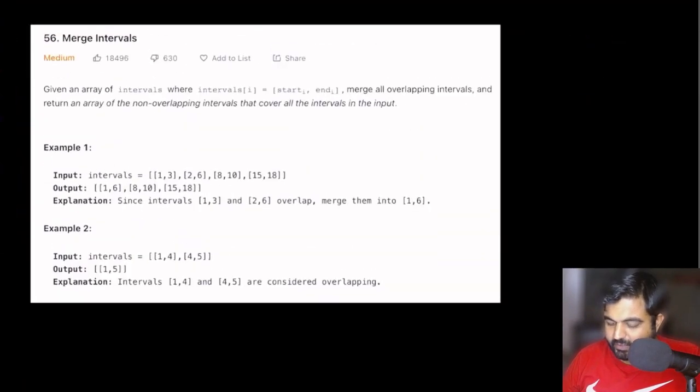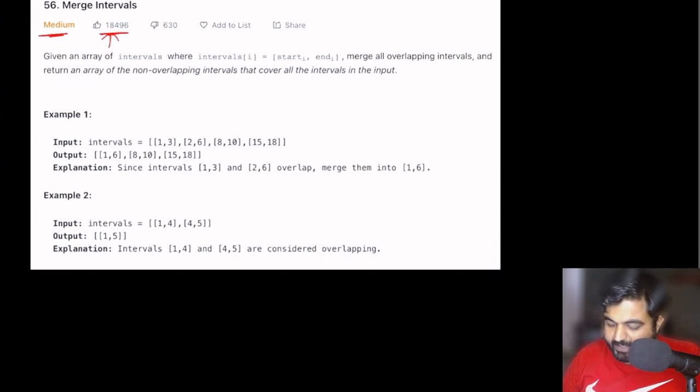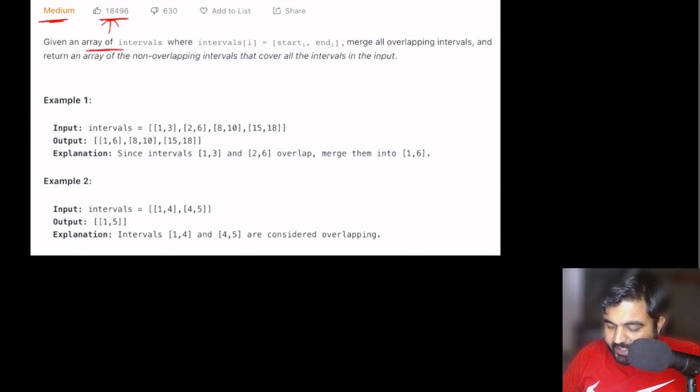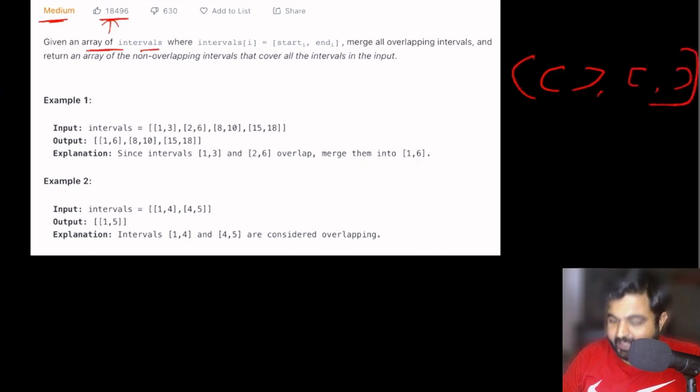So let's take a look at this problem. This one is a LeetCode medium problem, and as mentioned, it is one of the most liked problems on LeetCode, and the problem statement is really simple. Basically, we are given an integer array of intervals where the values are given in the form of tuples. Every tuple represents an interval that has a starting value and an ending value.